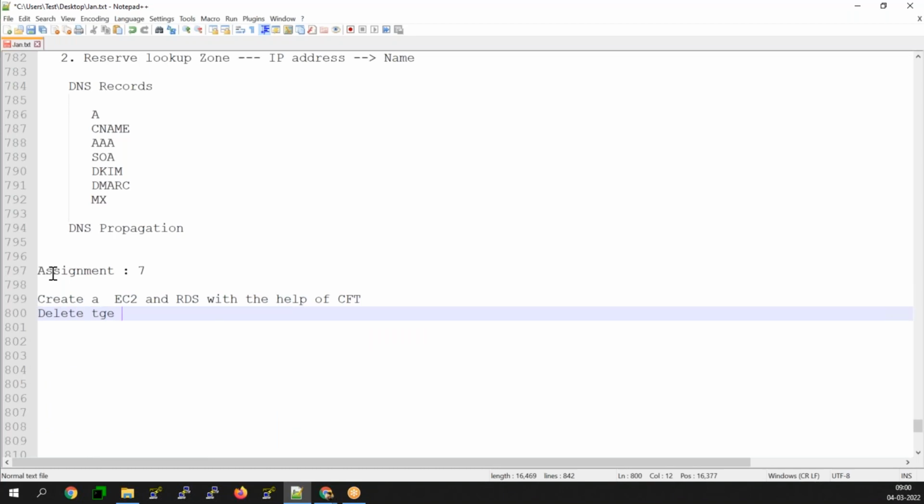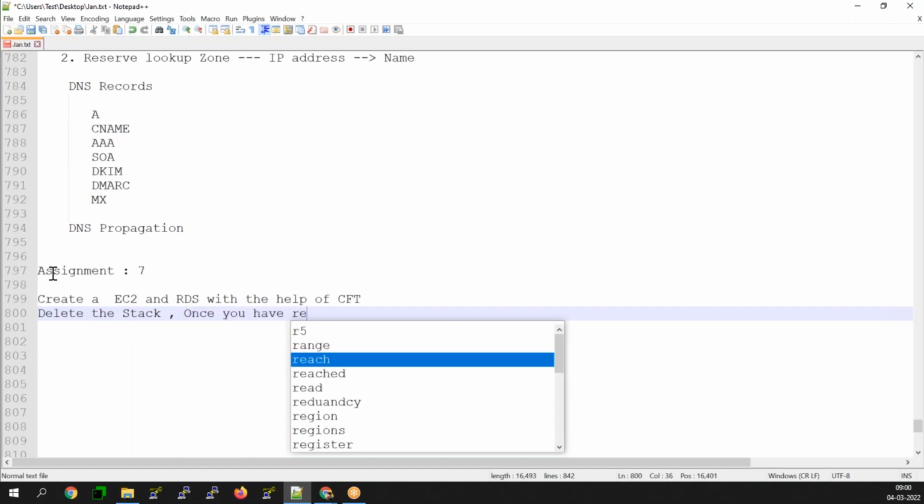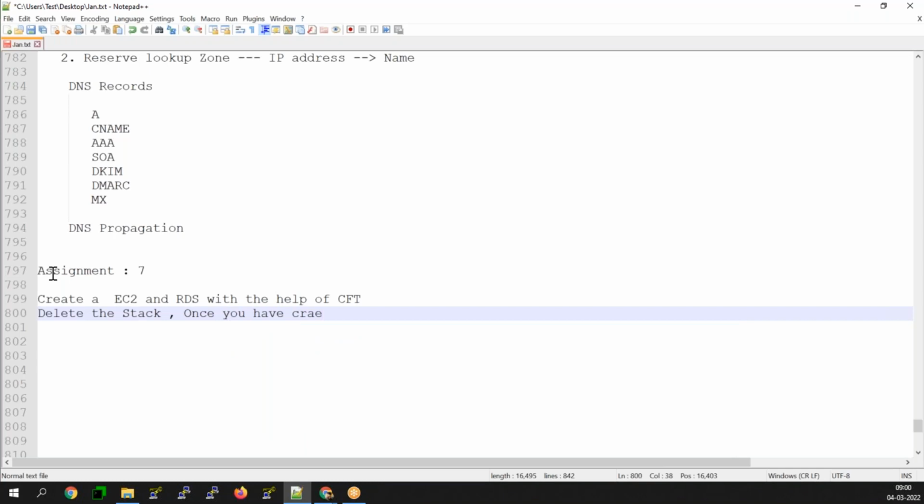Delete the stack once you have created the resources. Only these two, nothing else.